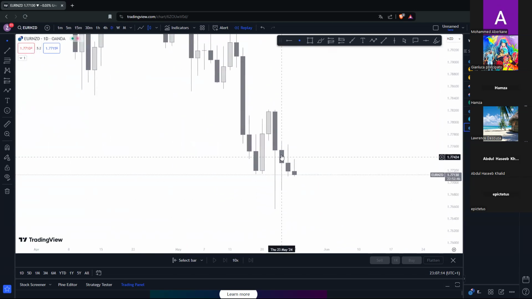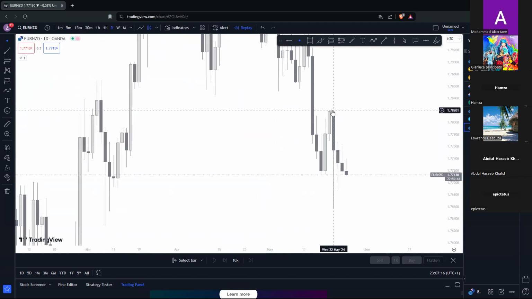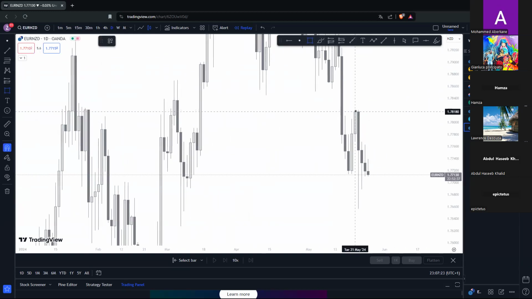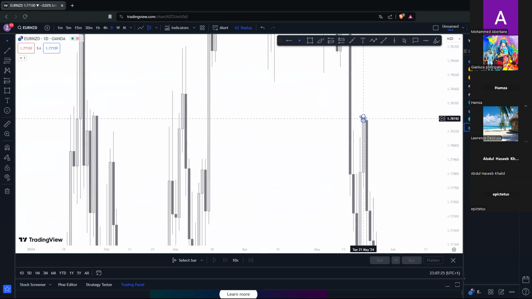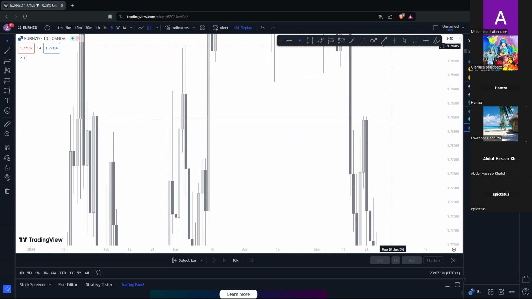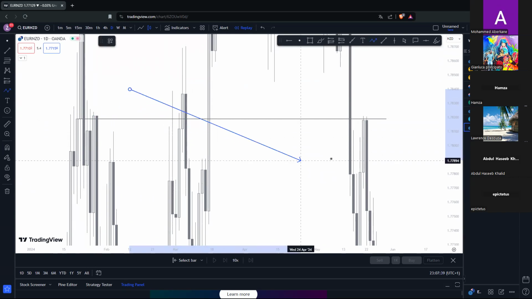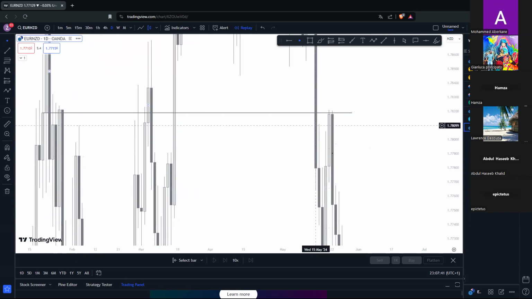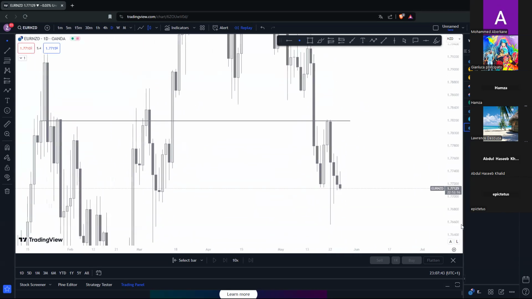So we go to the daily, right here. What do we have? We don't have any rejections here. So let's confirm that by doing our method of the box. Boom. We have a gap. Look at that, guys. That's precision. How many times did this gap get used? Once, twice. This is the 3rd time where this key level got used. You see, it's never random. It's always from a certain key level.